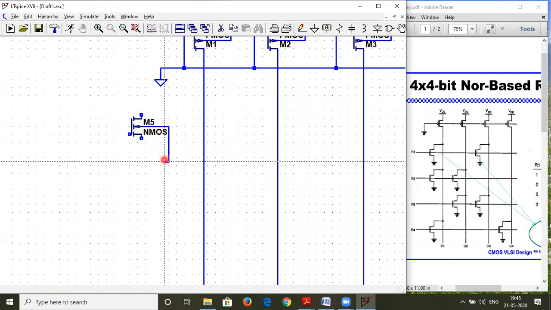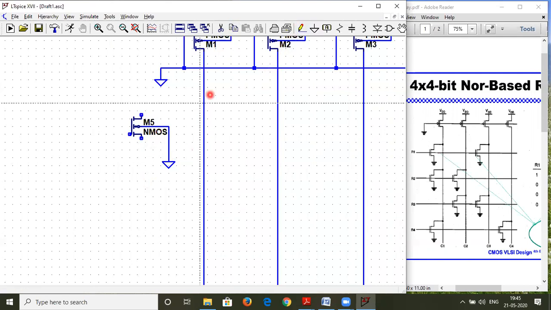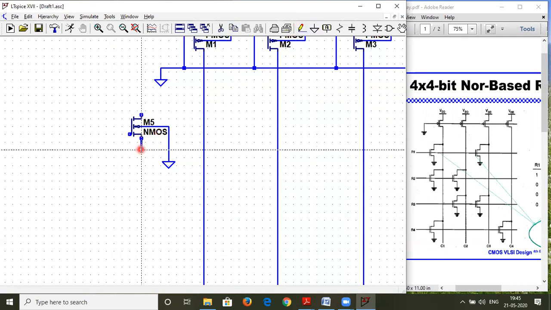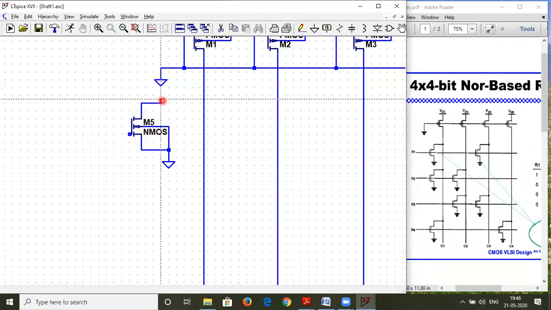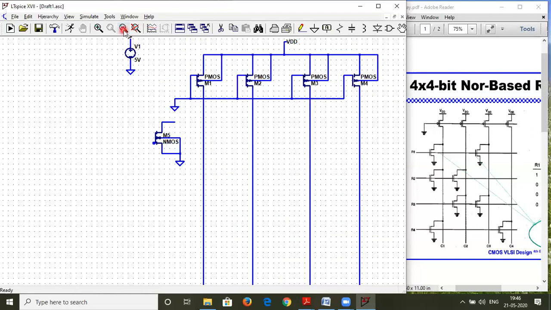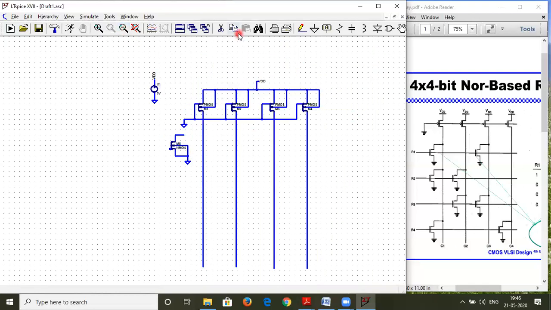So here we have the ground terminal over here like this and the source terminal is also connected to the ground. So we will connect the source terminal also to the ground. Okay, so our NMOS transistor is ready. Now this NMOS transistor we will prototype it. So let me just minimize the screen. So I'll go to this. This is copy. I'll select the transistor. I'll drag it and wherever I want to place, I'll just place it.